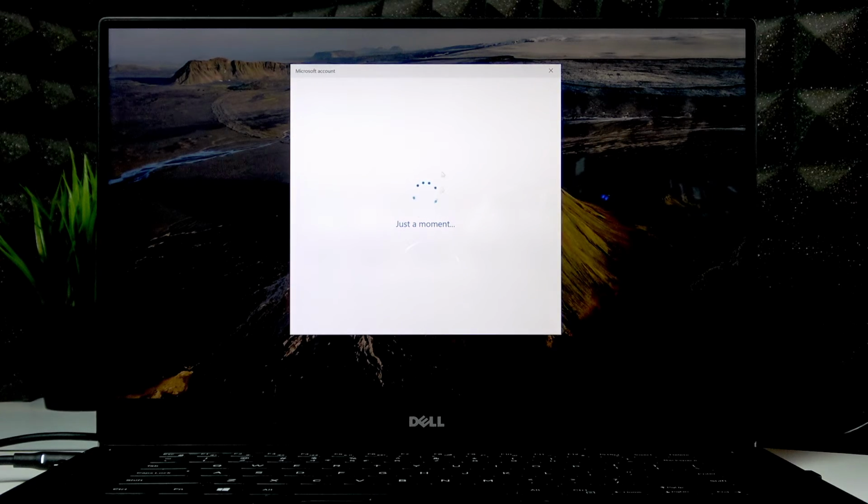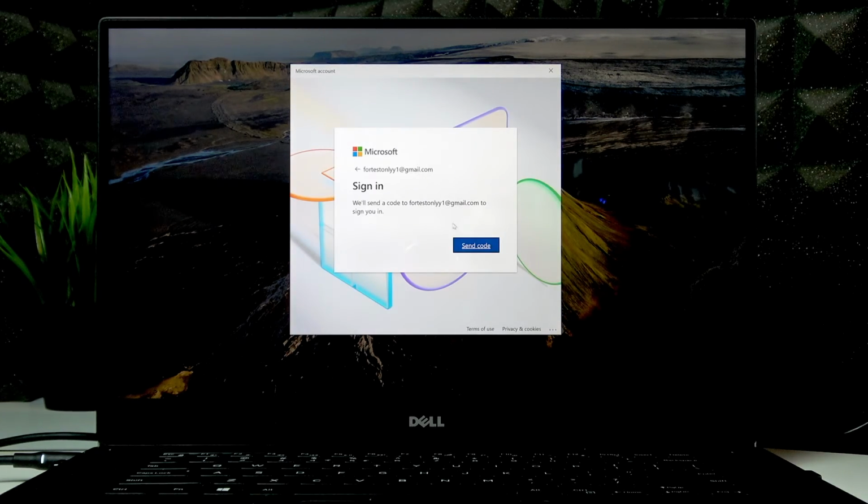And right now, if you're using a Microsoft account, you simply have to sign in. Simply have to receive a code on your email and then input it on the next page. But if you're using a local account, then you'll have to answer a couple of security questions that you set up for yourself, and once you answer them, you'll be able to change the PIN and get the access back